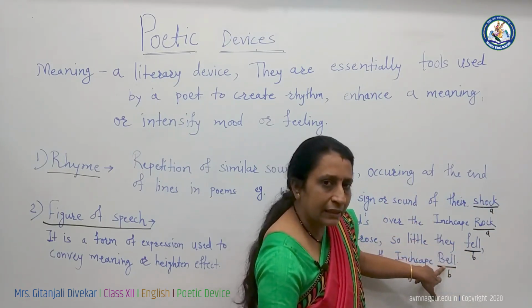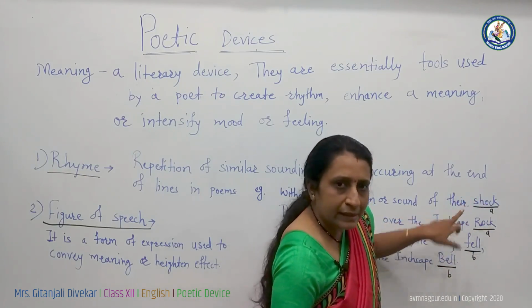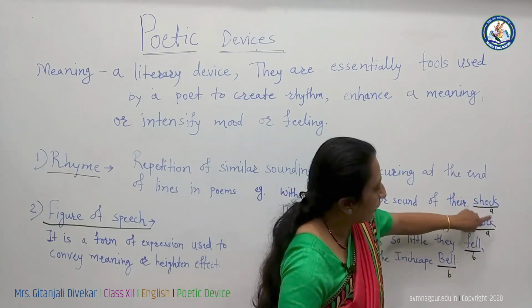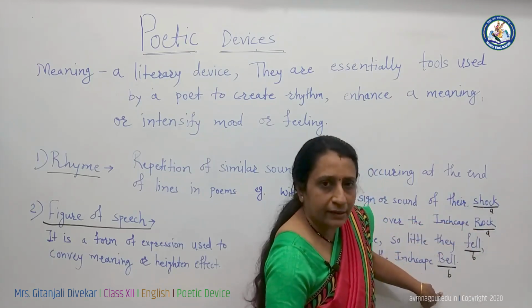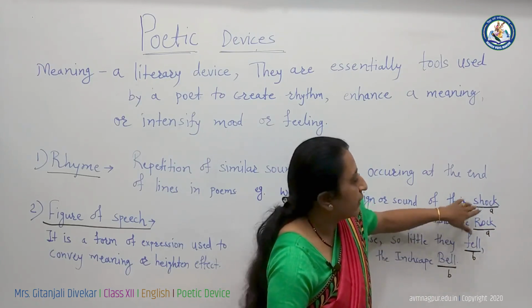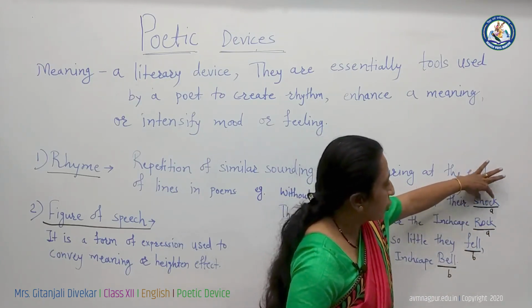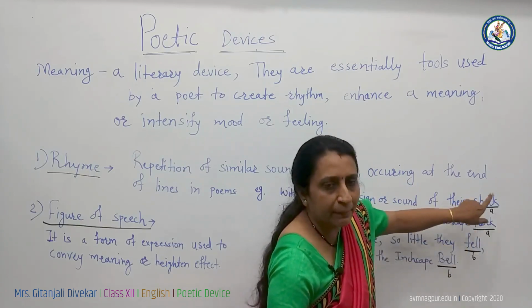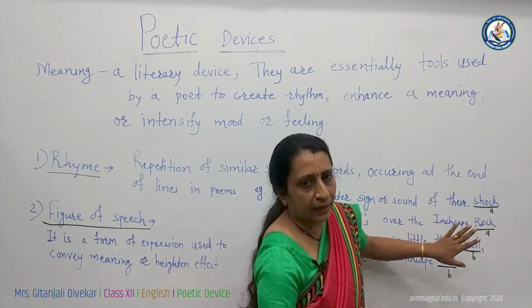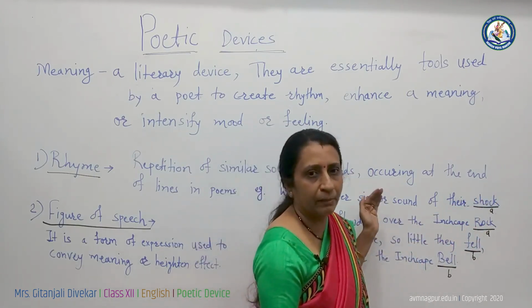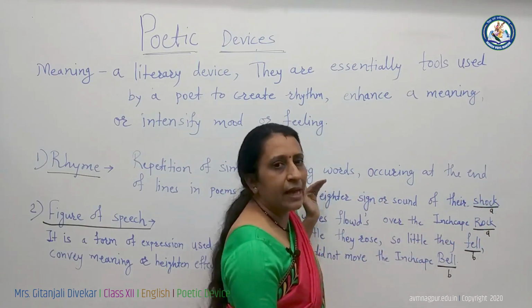So students, is it clear? If rhyming scheme is asked, you have to give the answer in a form AABB, that is the scheme. And if rhyming words or pairs are asked, then you should answer like this: shock, rock, comma, fell, bell. Means one pair and second pair. I hope it is very clear about the rhyming scheme question, which will help you to answer this activity,